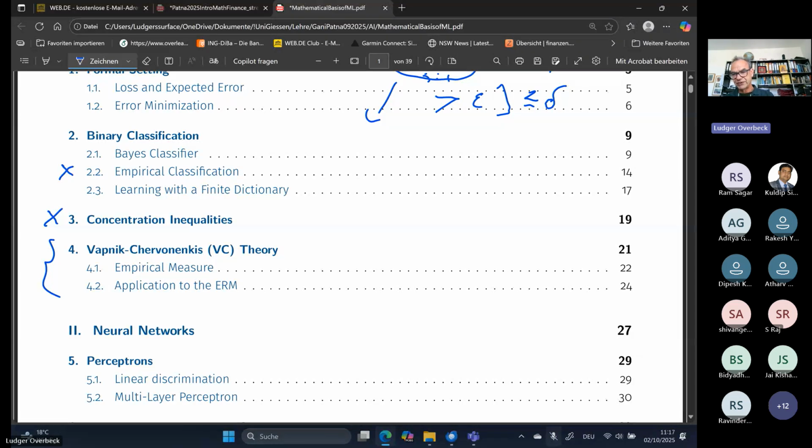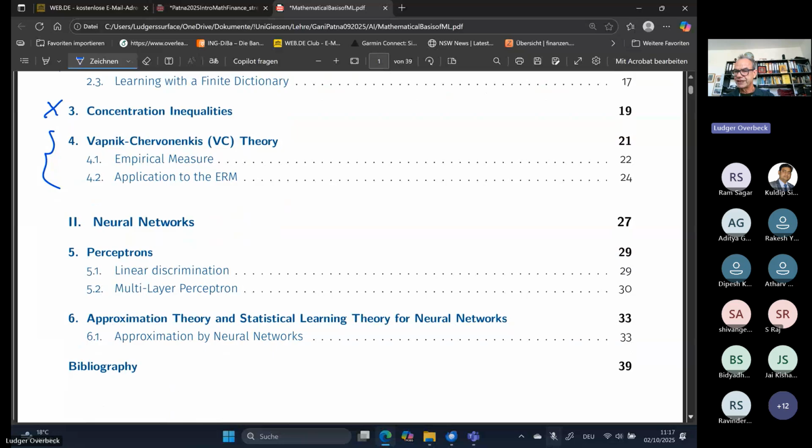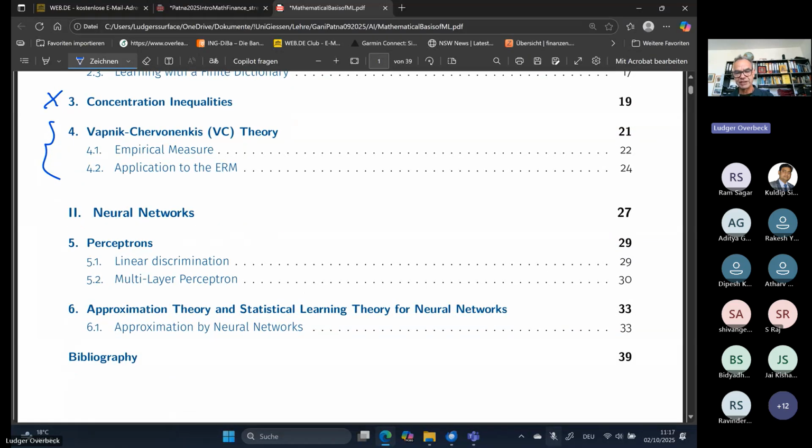this to neural networks. So perceptrons is usually an old word for this. Linear discrimination is a big part of this one. Even in neural networks, you have many linear regressions, as you might know. You do a linear regression, and then you have the activation function. You do another linear regression, then you do the activation function. So it's a sequence of linear regressions,